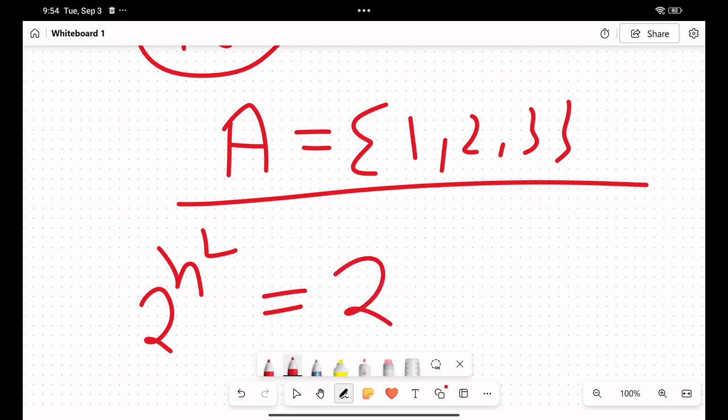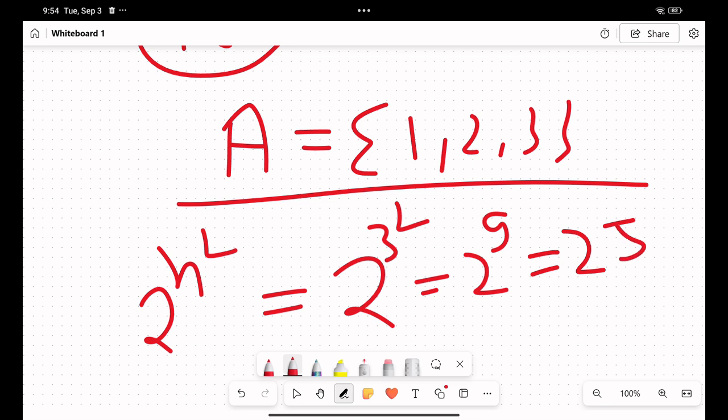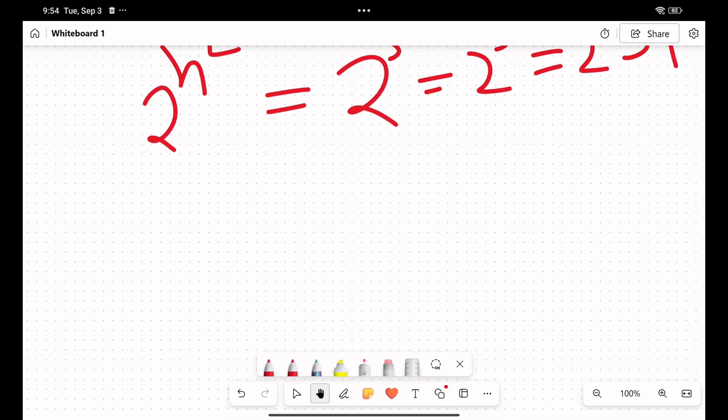So 2 to the power 3 squared, 3 squared means 3 times 3 is 9, so 2 to the power 9 is equal to 512. Okay, you can check also. So out of 512,